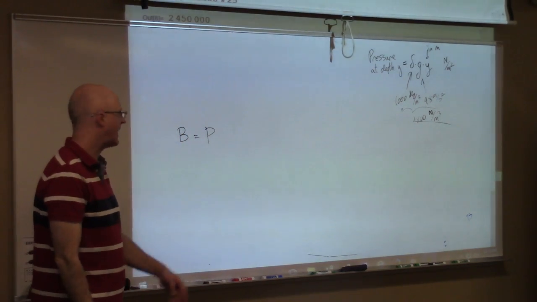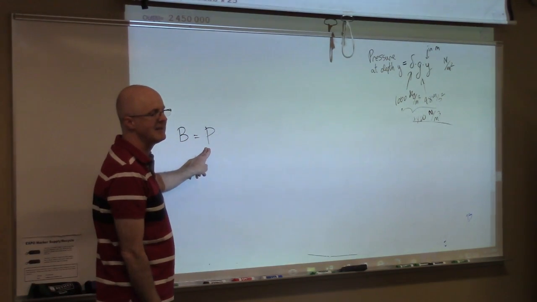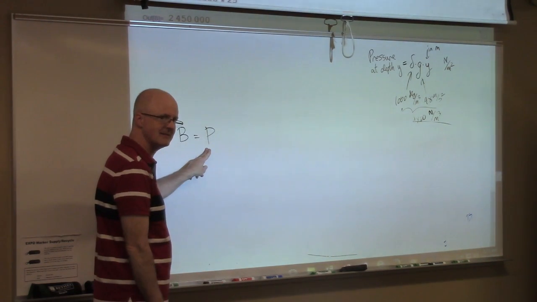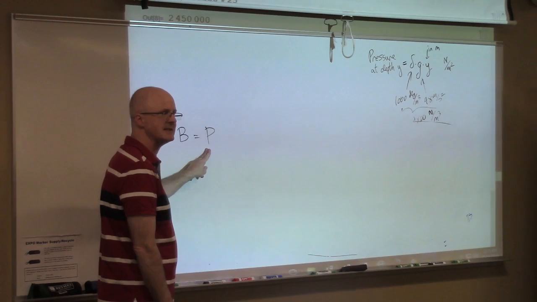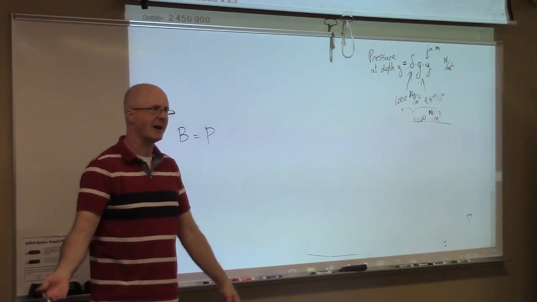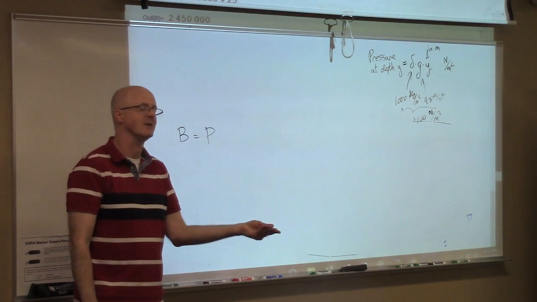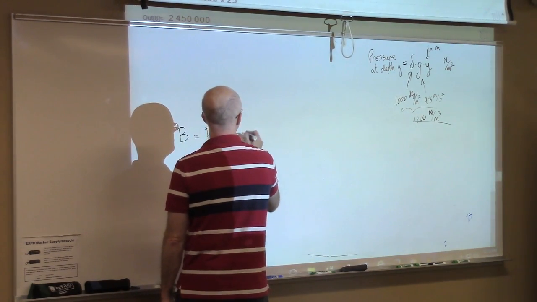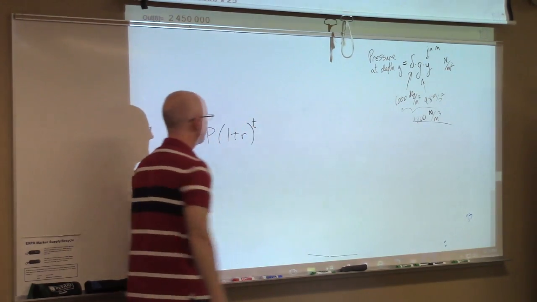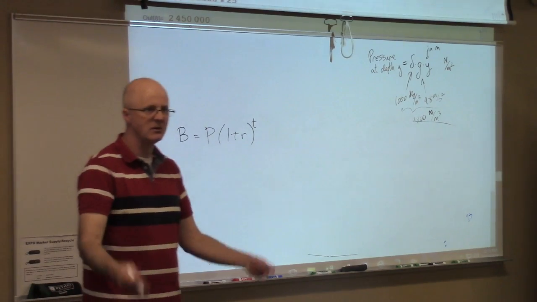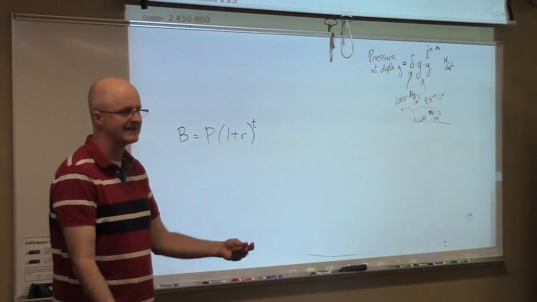Take the current amount, the present value, P, which you can imagine is also a principal for a deposit. Sometimes that's the reason the letter P is used. Sometimes it represents principal for a deposit. Sometimes it represents present value. And multiply it times 1 plus r to the t power, where r is the annual interest rate as a